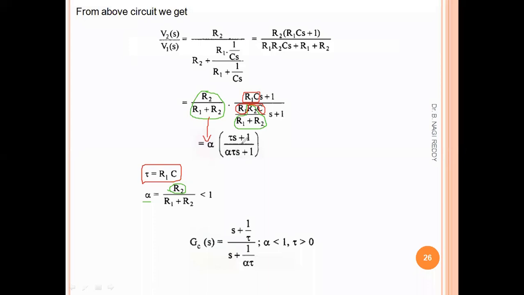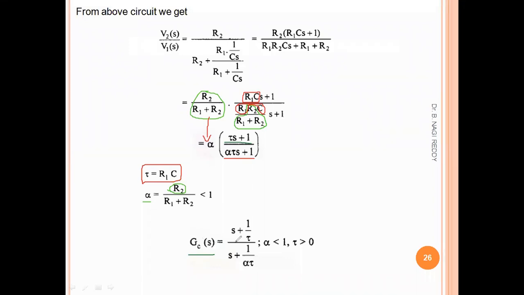We know how to calculate the poles and zeros. Pole is nothing but the denominator root. Zero is nothing but the numerator root. Right? The numerator will have zeros and the denominator will have poles. So this equation has again been written like this, where GC of S is the gain representation of the lead compensator. G means gain, C means compensator.